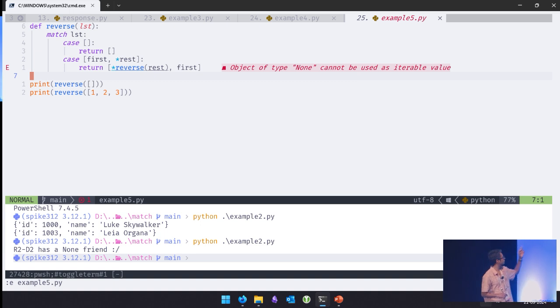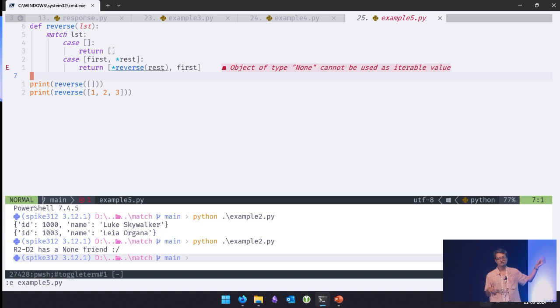But you can do the same thing even with pattern matching. So case empty list, then do something, and case non-empty list, right? In a non-empty list, we can again extract. It did not match the first pattern, so it's obviously a non-empty list. Then we can now extract the first element, and star rest means everything else, right? So that's how the pattern works.